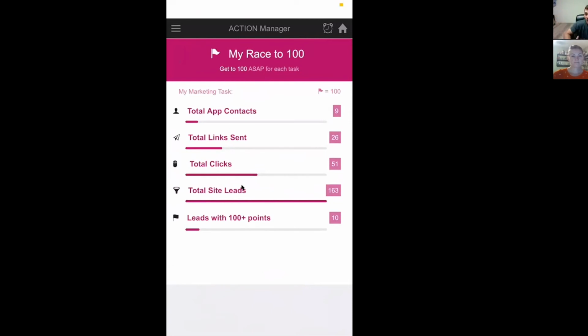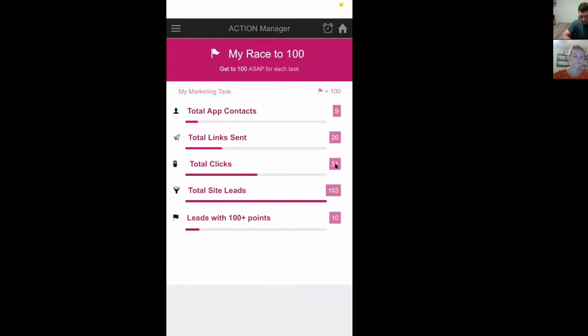So you want to get 100 people or 100 invites out there, of which you're going to have total links sent. Your total links are probably like Jen. Remember I sent her a couple different links? Those are all going to tally up here. So this number right here is going to go above, but you want to at least get all these categories to 100 points. Total clicks, huge.